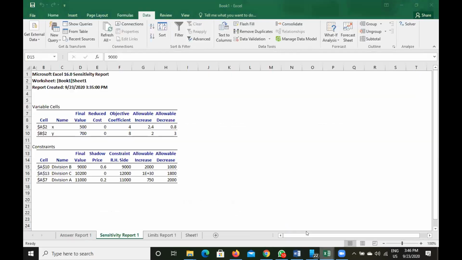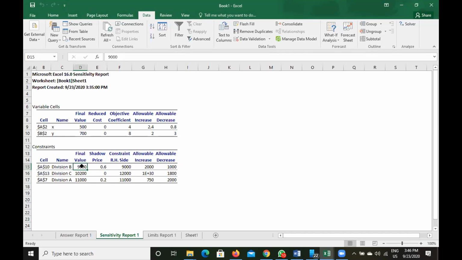Anyway, if you want to get one more hour for division B, you can offer a maximum of $0.6 premium. I'm saying again, shadow price means this is the premium or extra wage you can pay for each extra hour, to get one more unit of the resource.